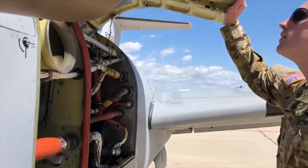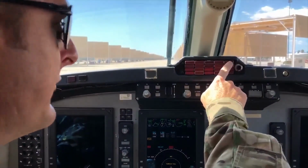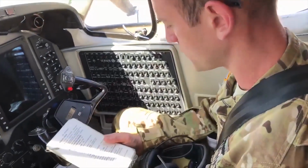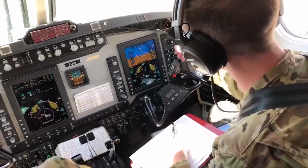So, flying out to Pendleton to get parts last minute, or some PJs need to go up to Flagstaff because suddenly they found out with the weather they're not going to be able to jump. So we've helped them fill those gaps that they have so that they can complete their mission. We don't get to fly out in this area too often, so we definitely